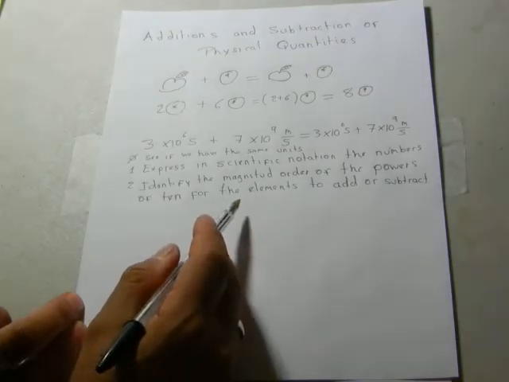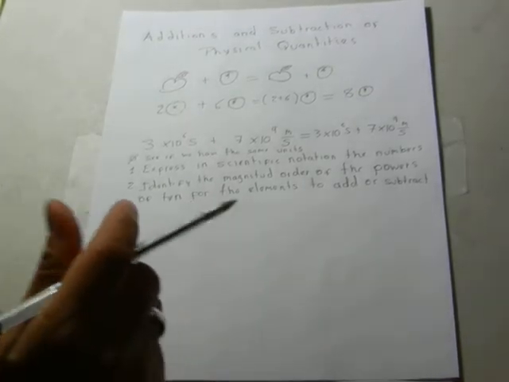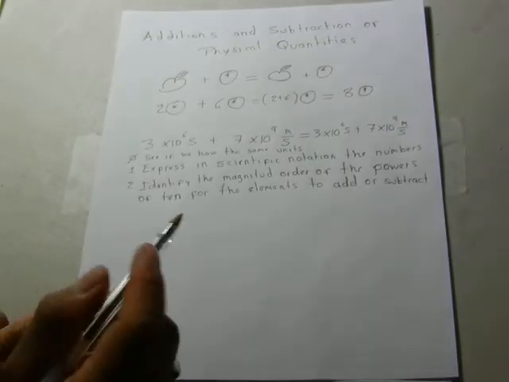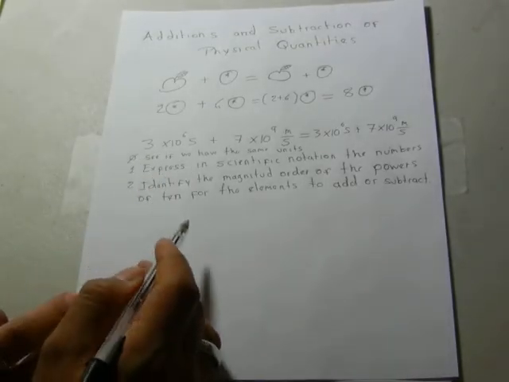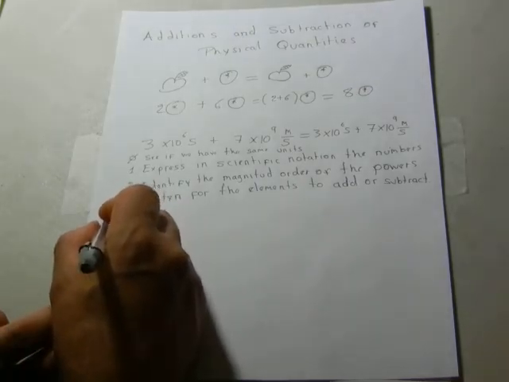The magnitude order is basically the power. So as soon as we express in scientific notation, it's going to be very important to pay attention to that power. Here, the reason is,